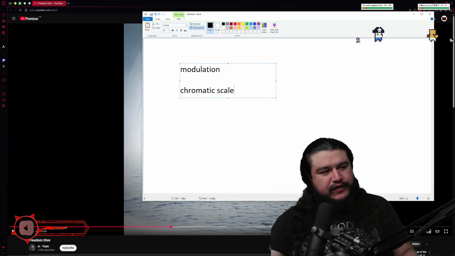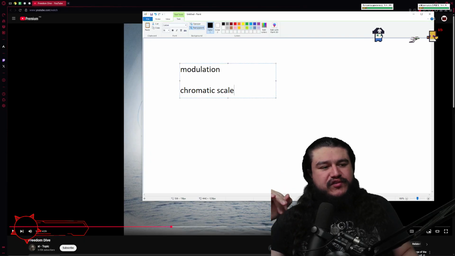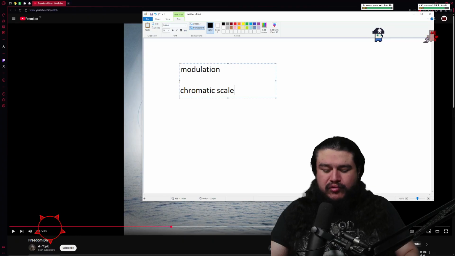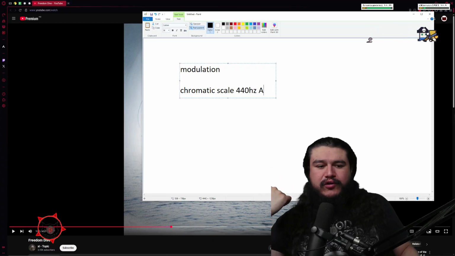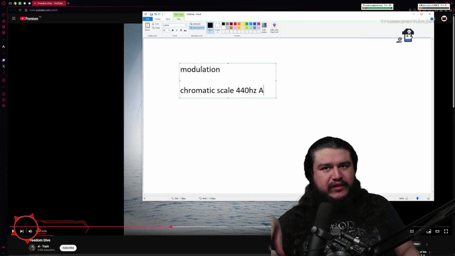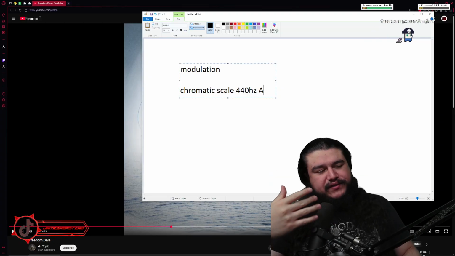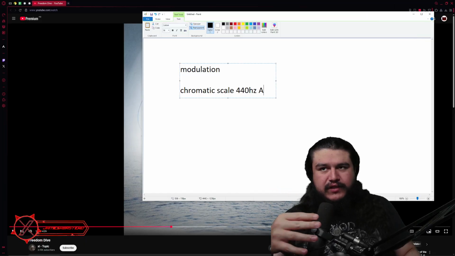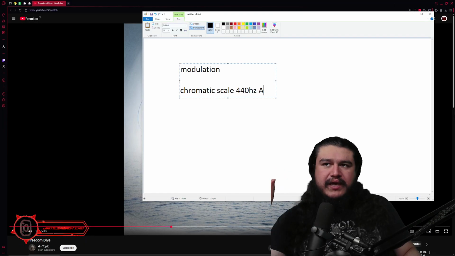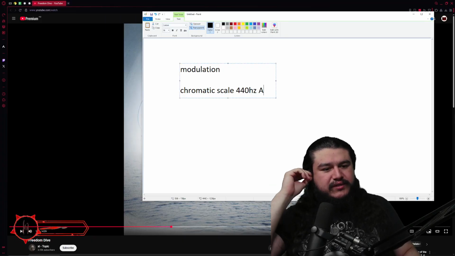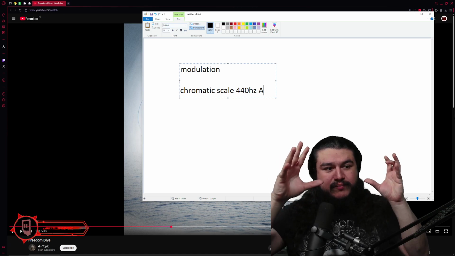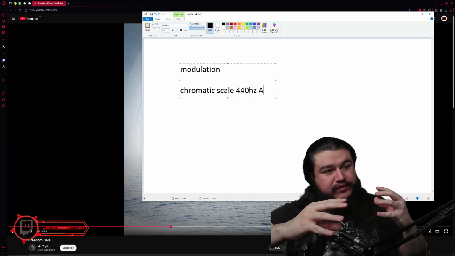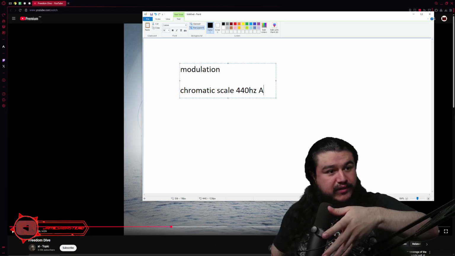It's the 12 frets of a guitar. It's the 12 tones that we use in Western music, tuned to 440 hertz in A. A being 440 hertz. That is the chromatic scale. And out of those 12 notes, you're going to pick 7, usually for your scale. Most of the scales that you have are going to be 7 out of them. And the different combinations that you get are going to give you different scales. And modulation is the process of going from one scale to another scale.